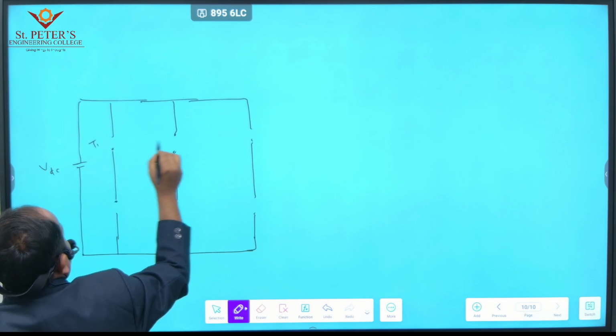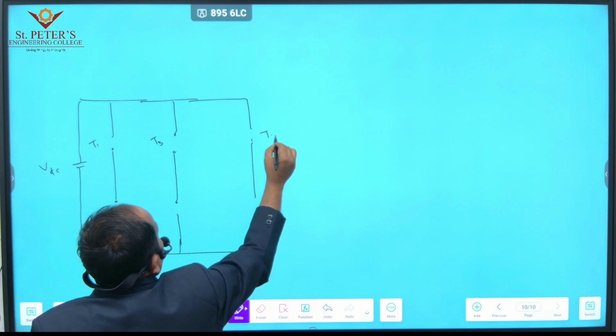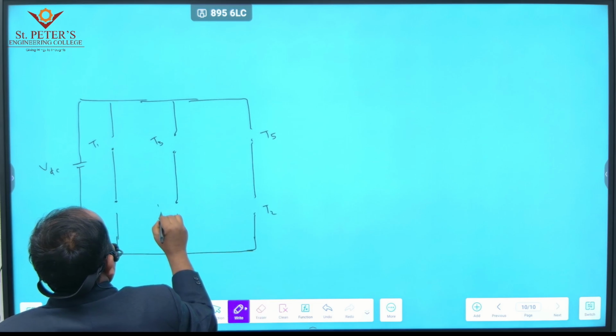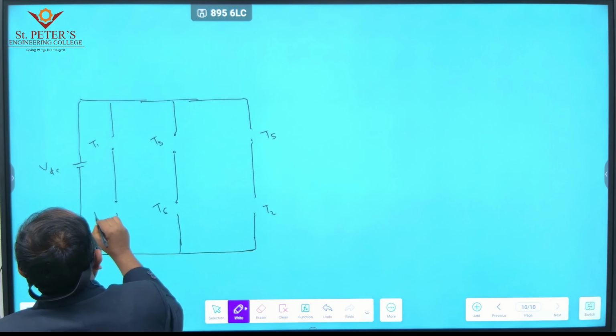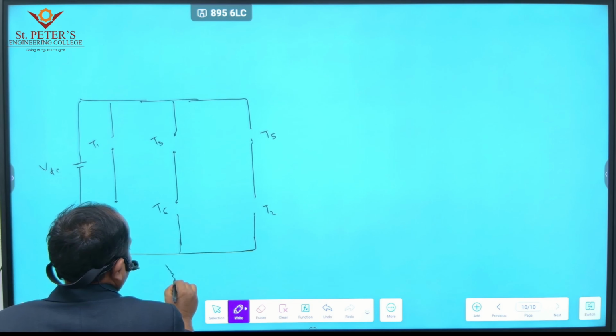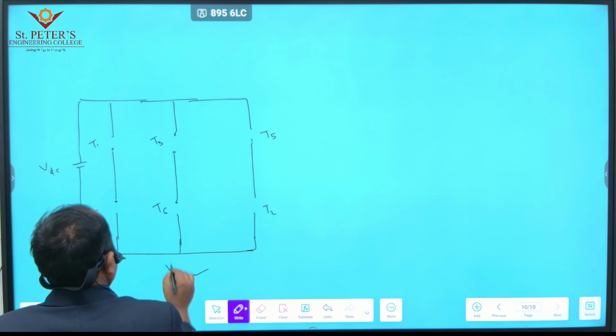Which one? T1, T3, T5, T2, T6, and T4. Okay, and the load is a star connected load. Okay, now